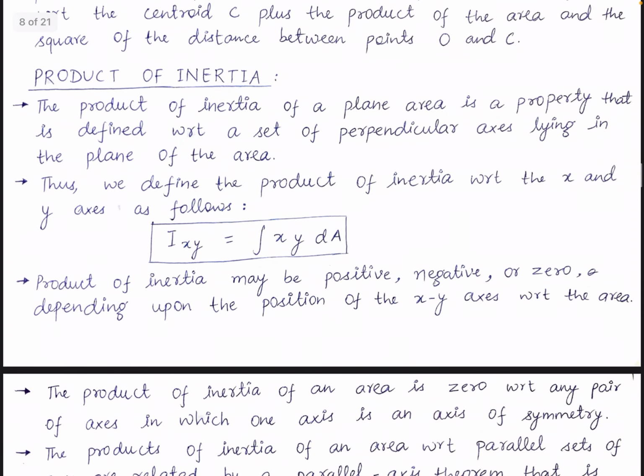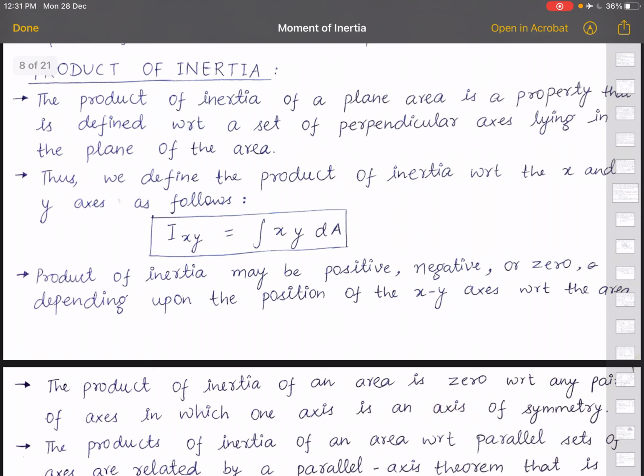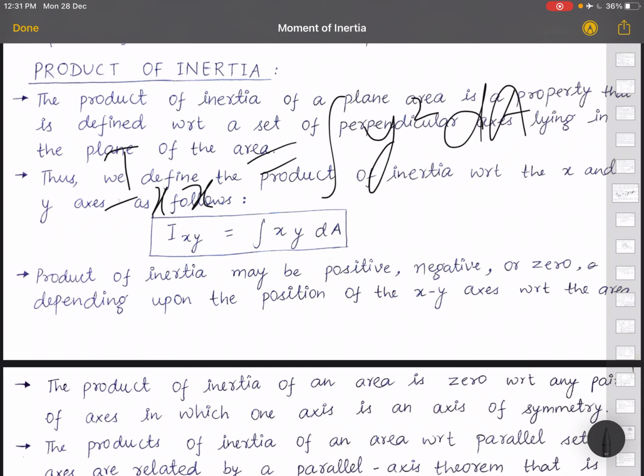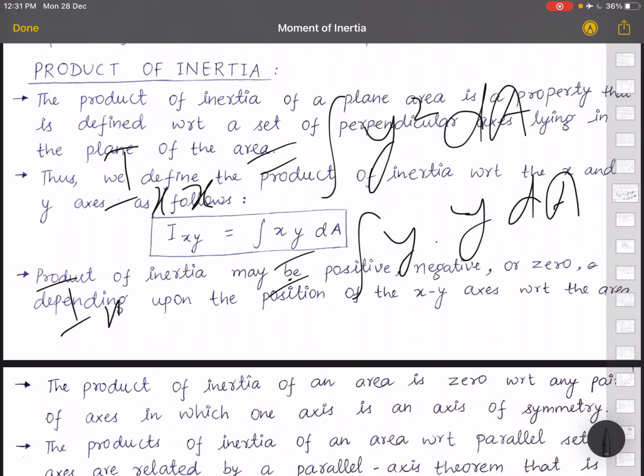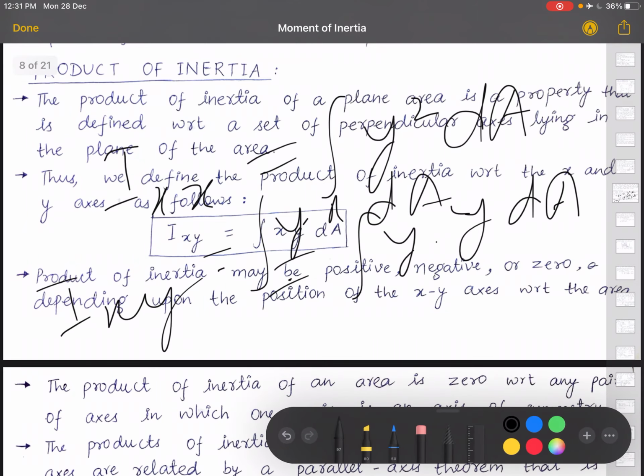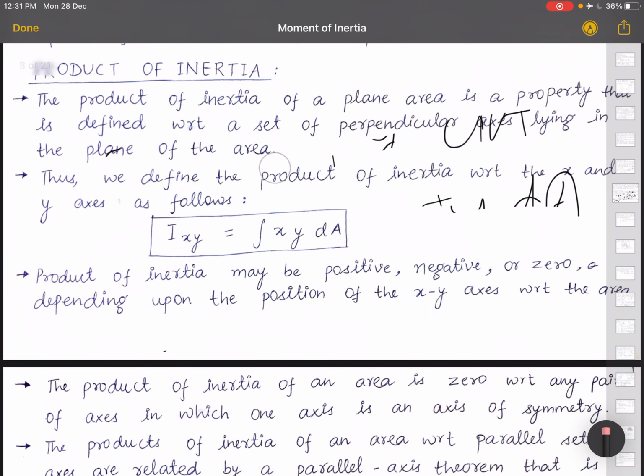Now one more topic is there, that is product of inertia. It is not that important, but you should have some basic idea about it. If I want to write I_xx, I have to write the integral of y into y dA. So this was our simple moment of inertia. But for the product, I_xy is the integral of x into y into dA. Clear? So this term, the integral of xy dA, is called the product of inertia. We define the product of inertia like this only.